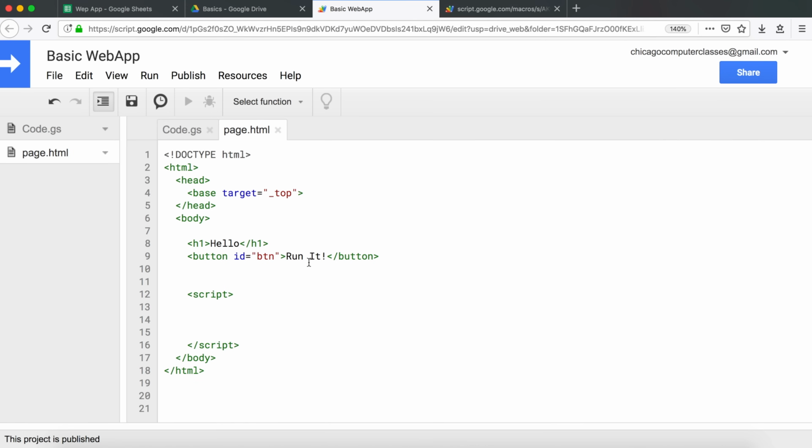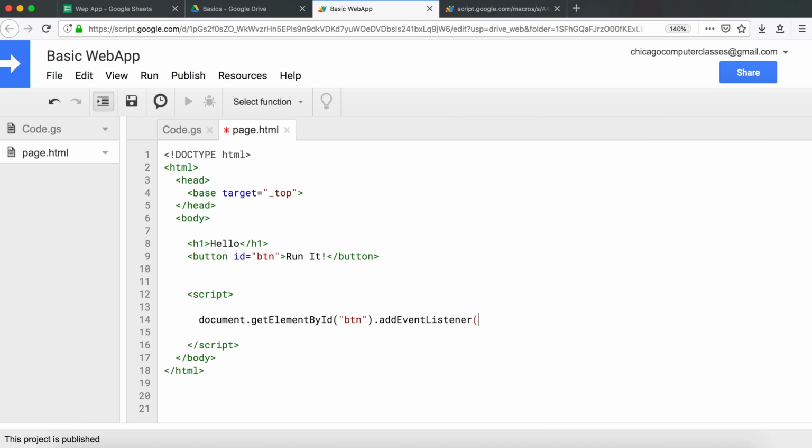So what I want to do in this JavaScript, I want to create an event listener. When somebody clicks on this button, I want something to happen. So to do this, I'm going to first grab that element by using document object. So I'll do document dot, and we're going to use this method get element by ID, and the ID is text, and that's going to be this BTN. That's the ID. So that's going to grab us that element, and we're going to go ahead and add an event